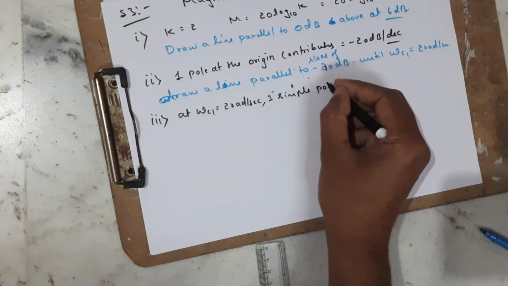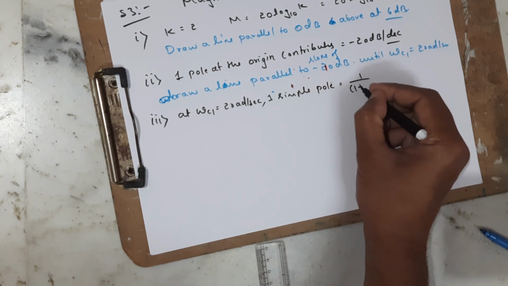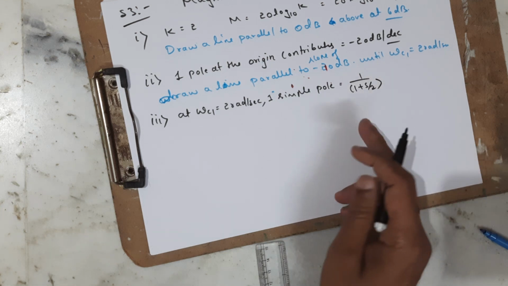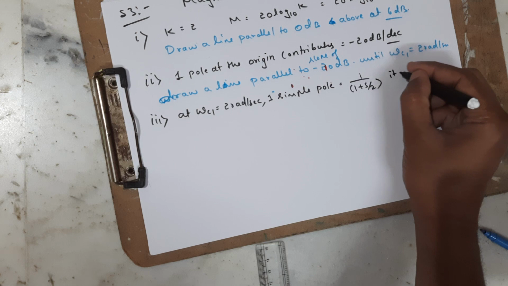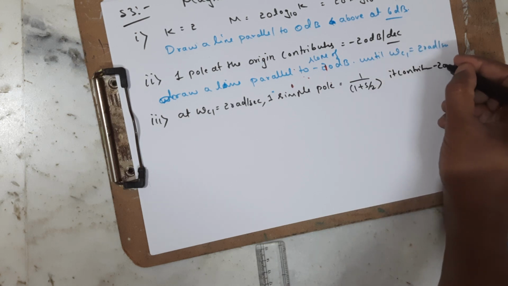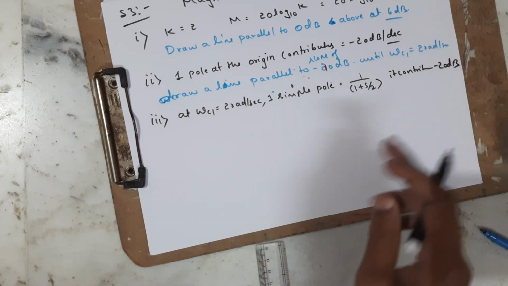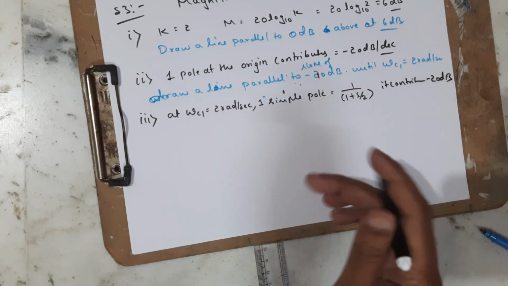What is a simple pole? That is equal to 1 by s plus 2. What is the contribution of one simple pole? It contributes minus 20 dB. So from the simple pole, it is going to contribute minus 20 dB. Whereas